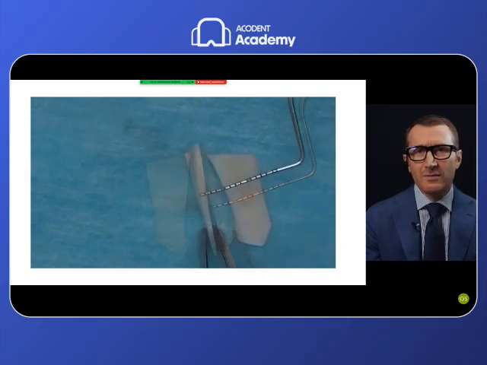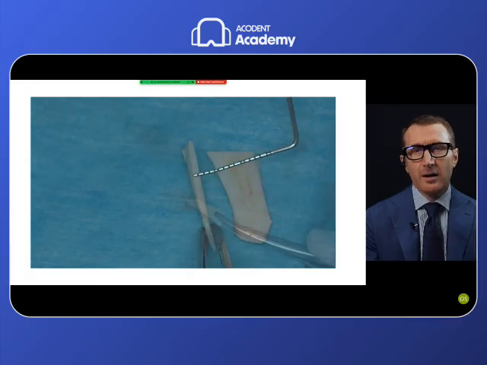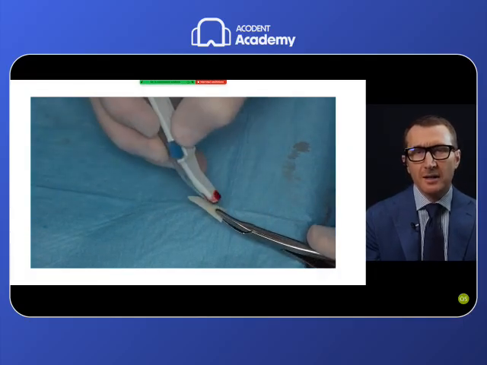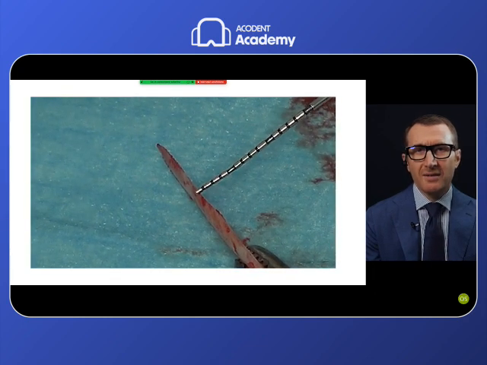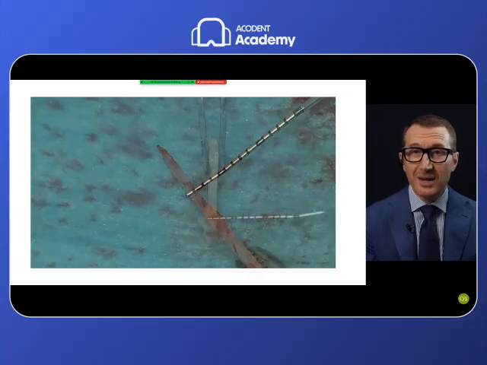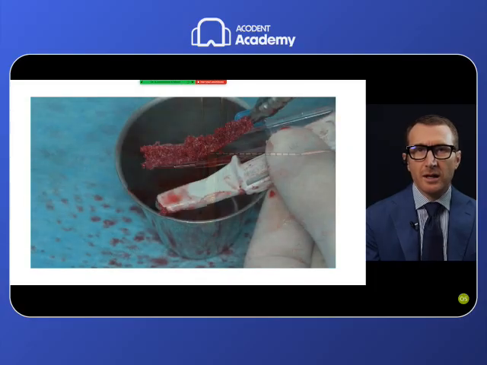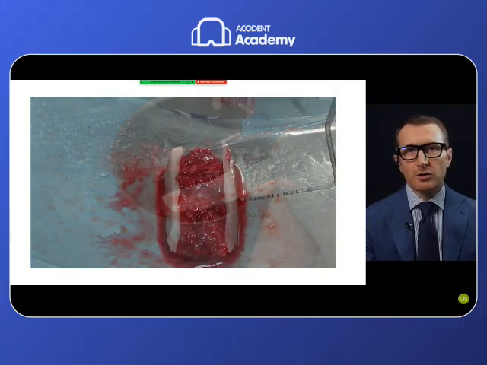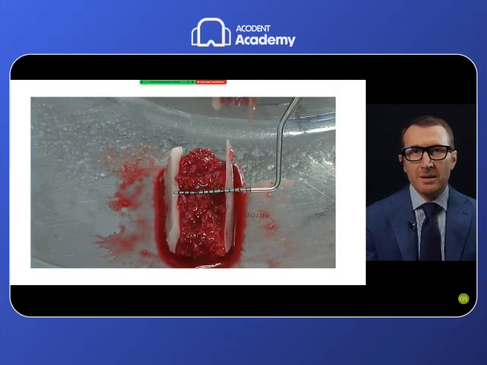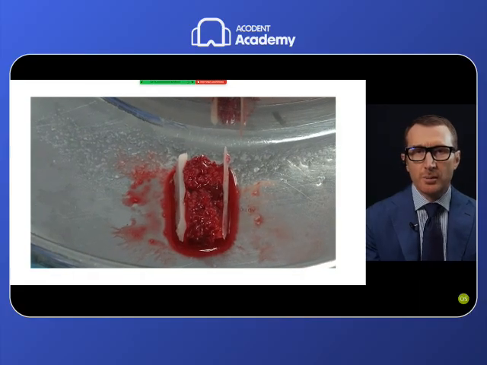And then you see that we divided the block into two lamina. These lamina are bigger than 1 millimeter, so we are scraping the block, mixing it together with some venous blood. You see that we are obtaining very thin lamina, but still very rigid, so the mechanical property of the lamina is still there, and we are reducing the thickness, but look how much bone we are obtaining from that block. So at the end, we started with 3 millimeters, and now we have more than 10 millimeters of bone in thickness to manage the bone augmentation,